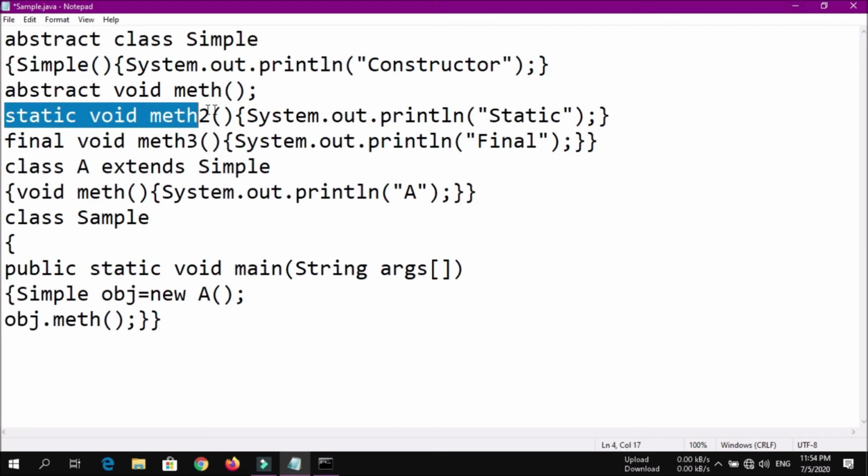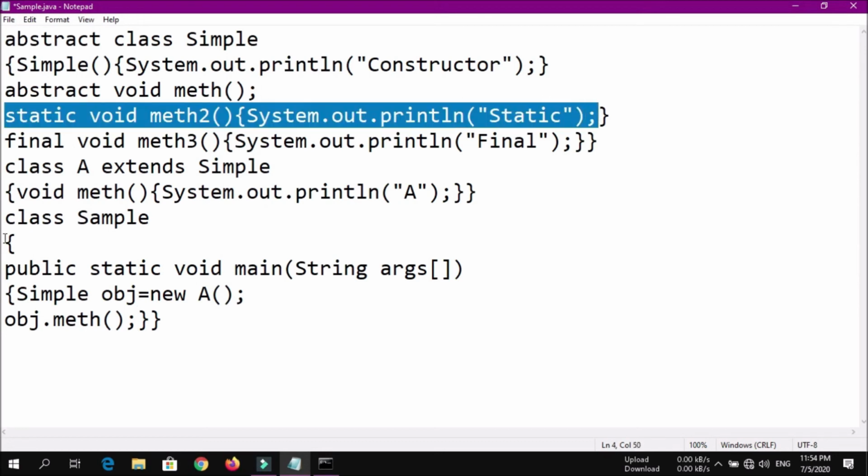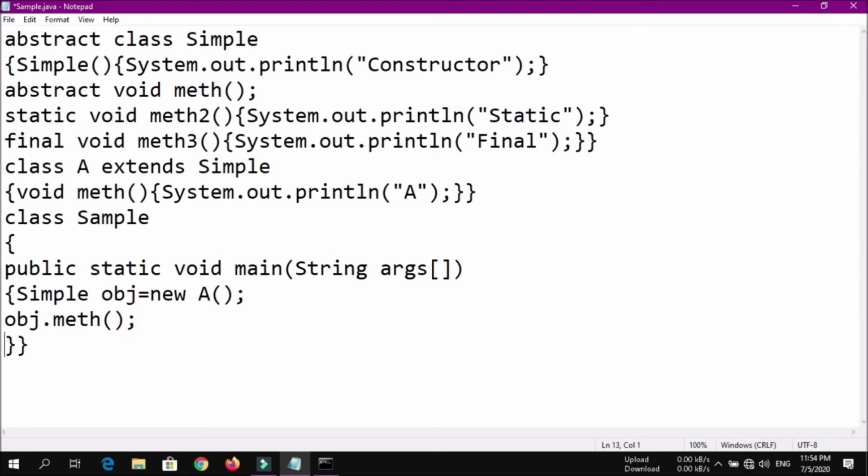To call this static method you have to write the name of the class, simple, followed by the name of the method. Over here it's method 2. So that's it for the static method, and after that for calling a final method, just write this one.